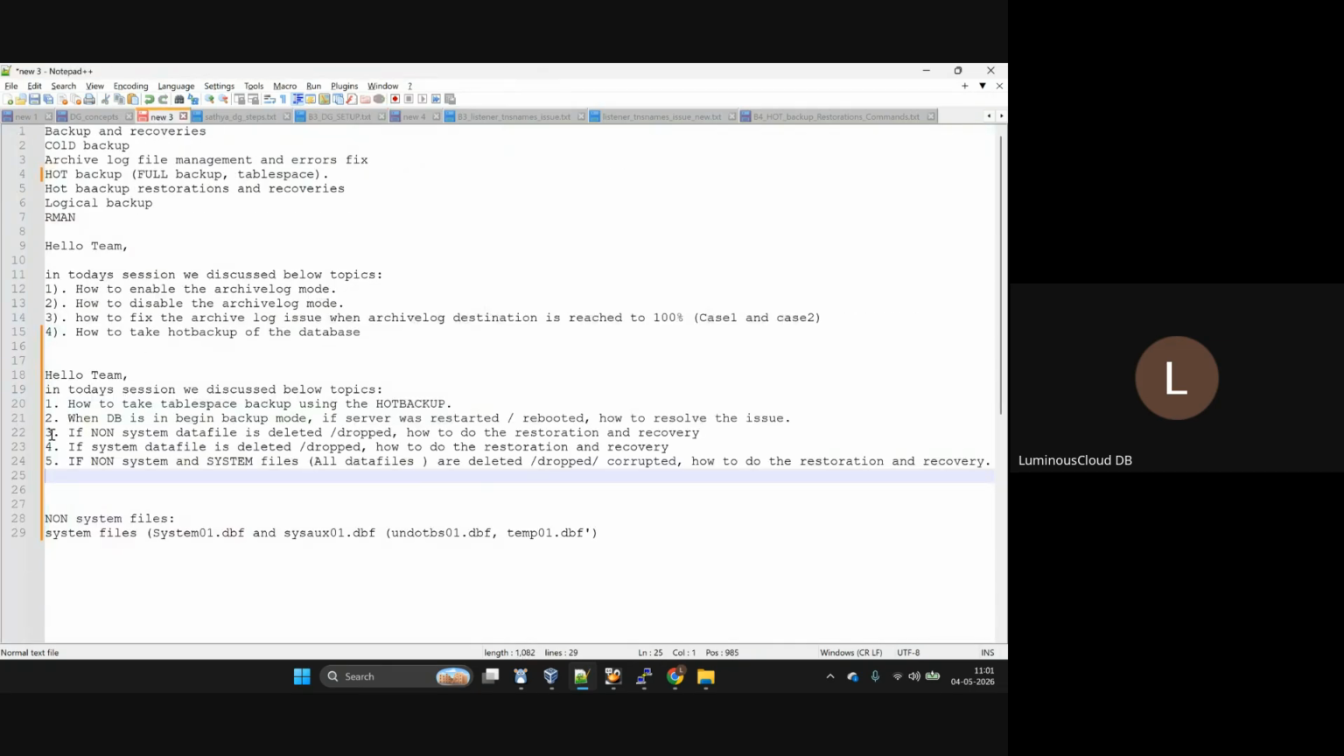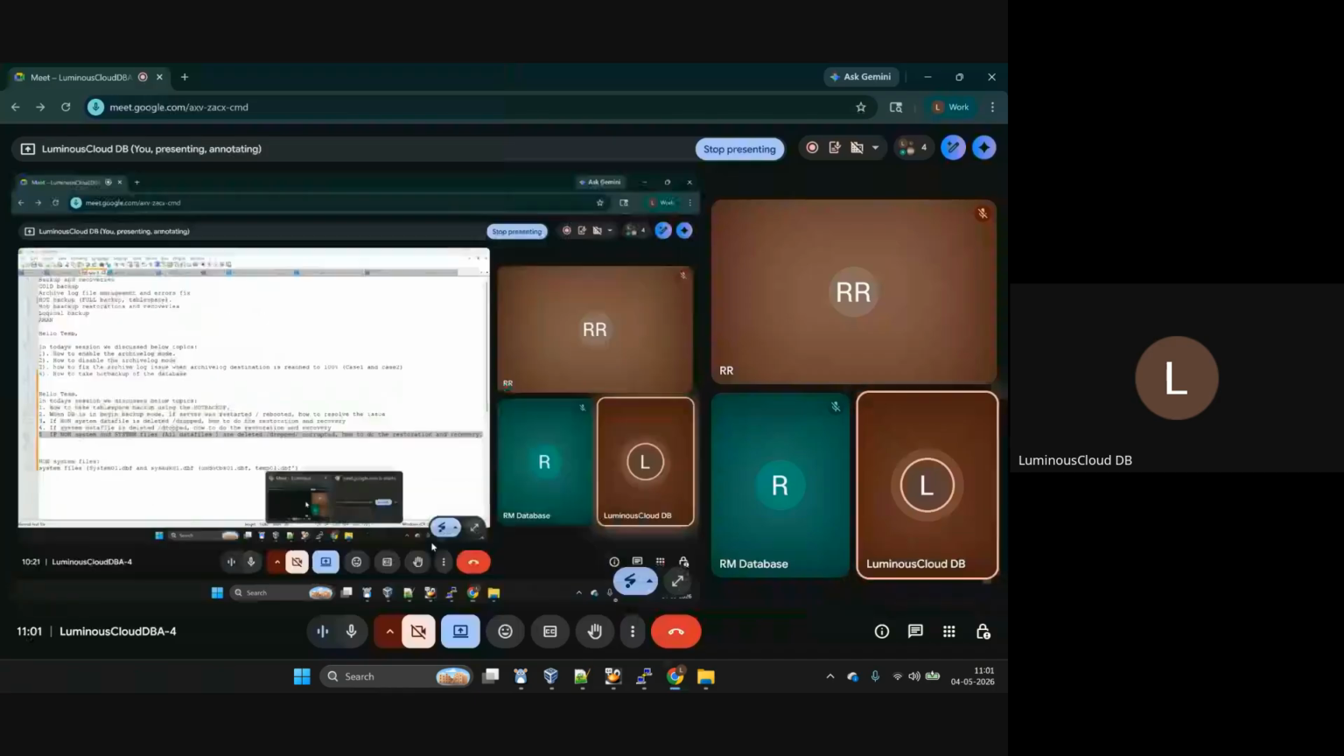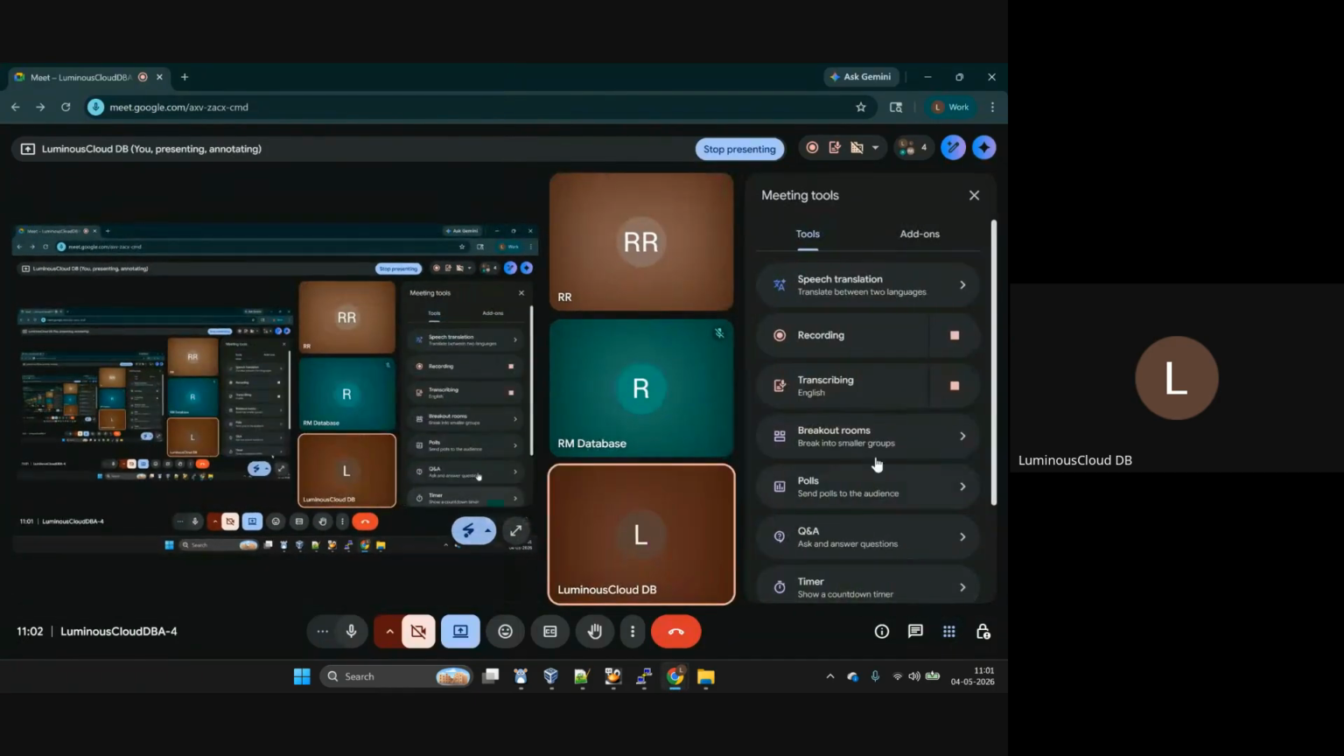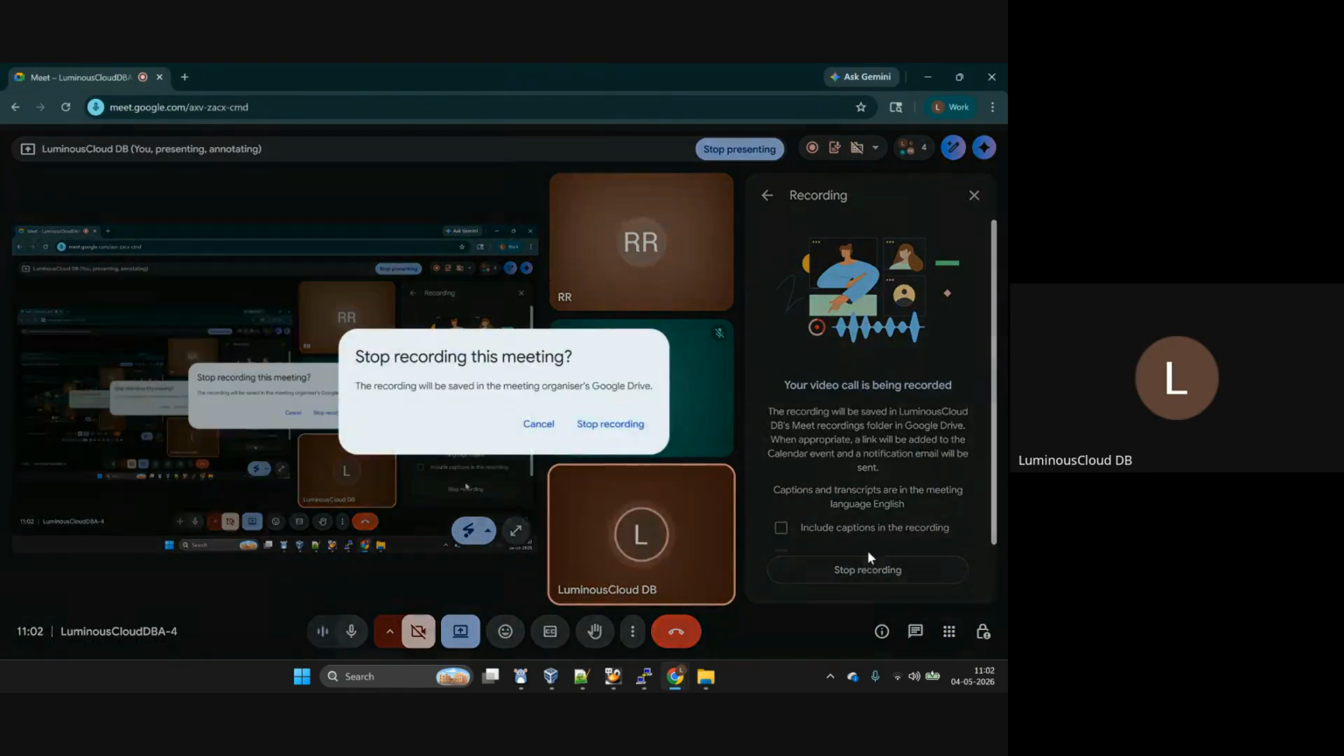Now we know, if a non-system data file is gone, how to do the recovery. If a system file is gone, how to do the recovery. If both are gone, how to do the restoration and recovery. We know. Any questions here till now? No, sir. Okay. If no questions,